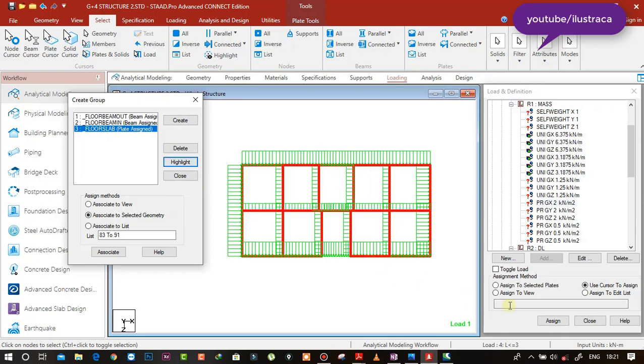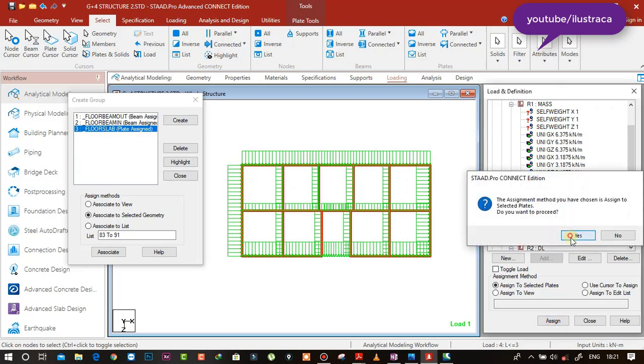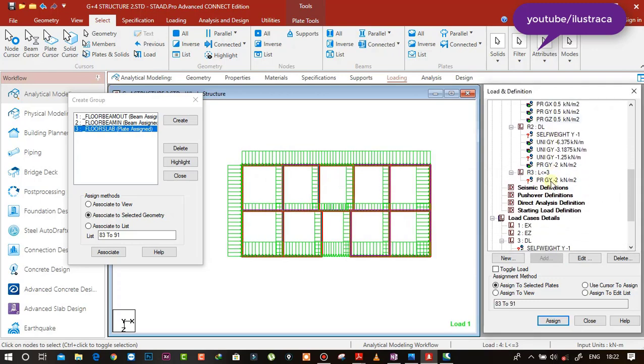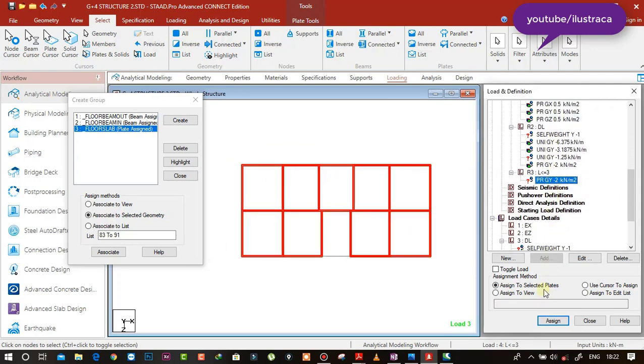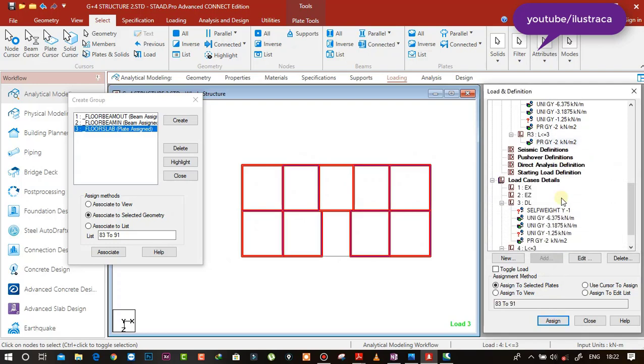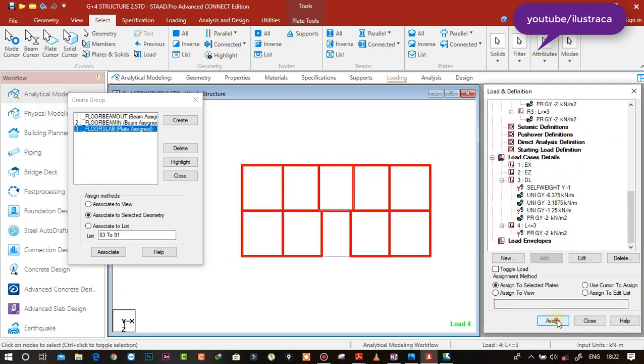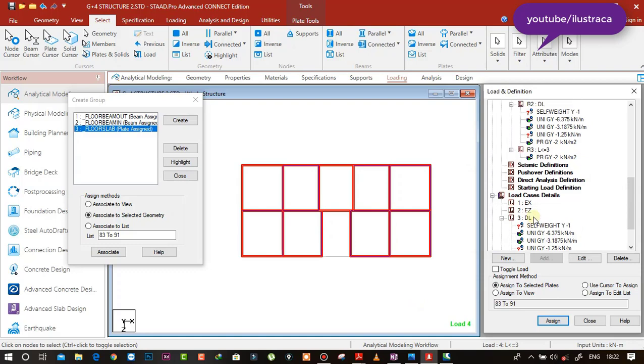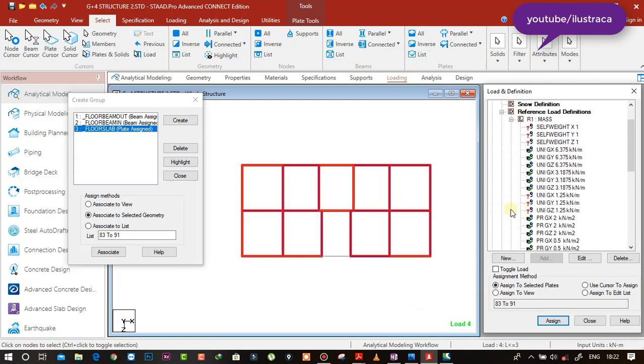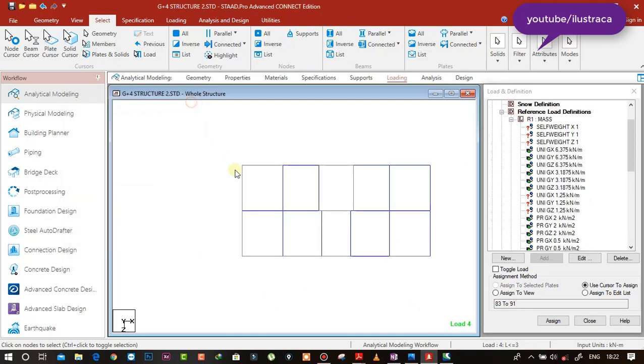So select the plate loads. So the same, the live loads also are plate loads. So assign the live loads also here. So below we have left this one, the live load for the plate. Yeah, same here also, the live load. So we have defined all the loads. Now we can replicate the structure upwards.